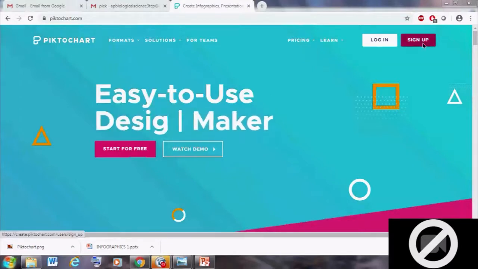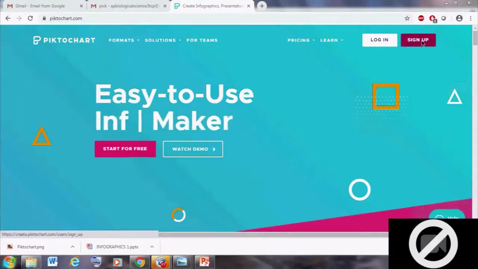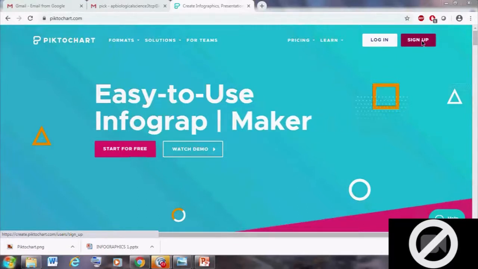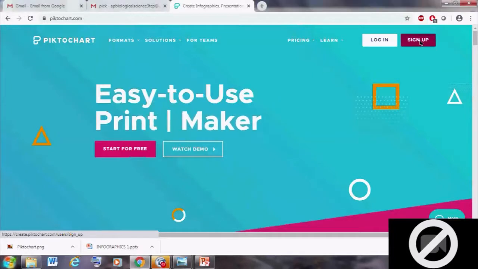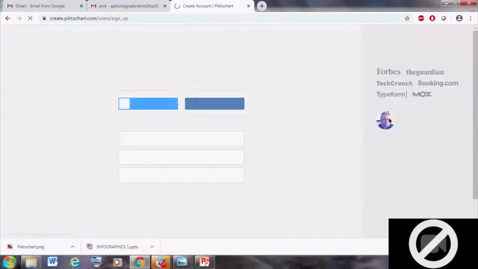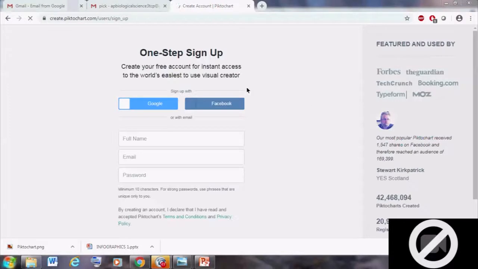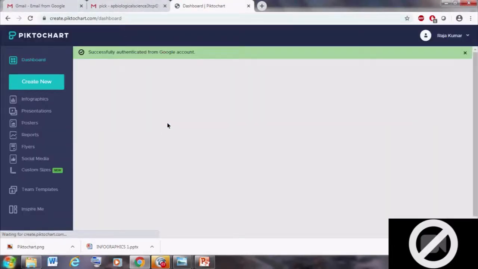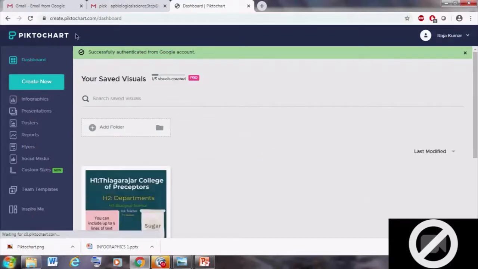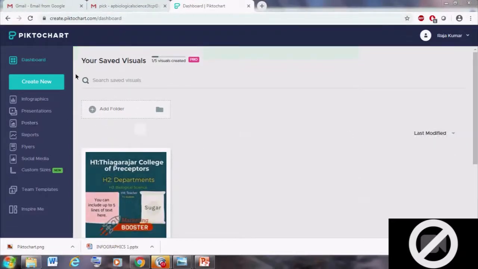Go to sign up. Create an account using a Gmail ID, and it shows like this, and go to create new.